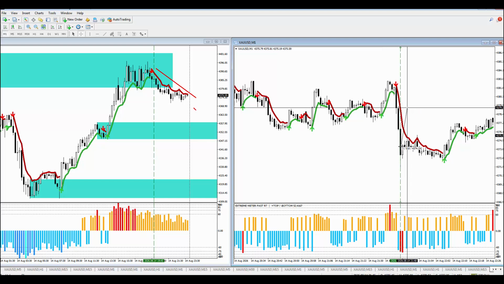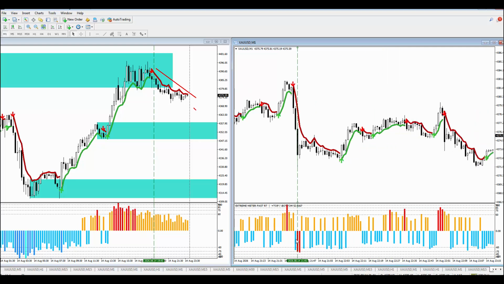I only got in about there. I think I closed around here, it was about 50 points. But this is how you use it. So at this point here, you know you've gone to an extreme, so you wouldn't necessarily be taking the trades here. You'd be waiting for this market to recharge itself, and you'd be waiting for it to maybe even print